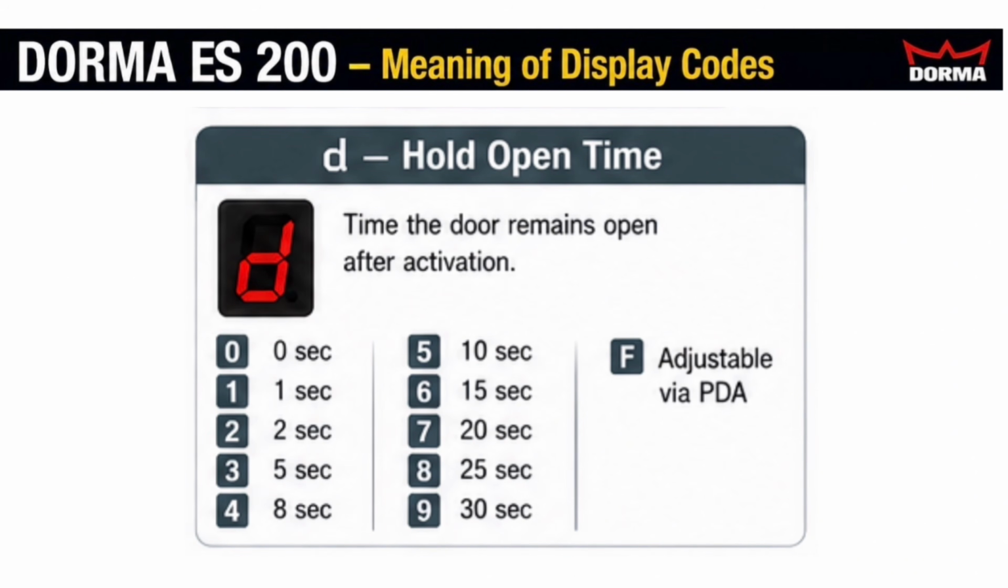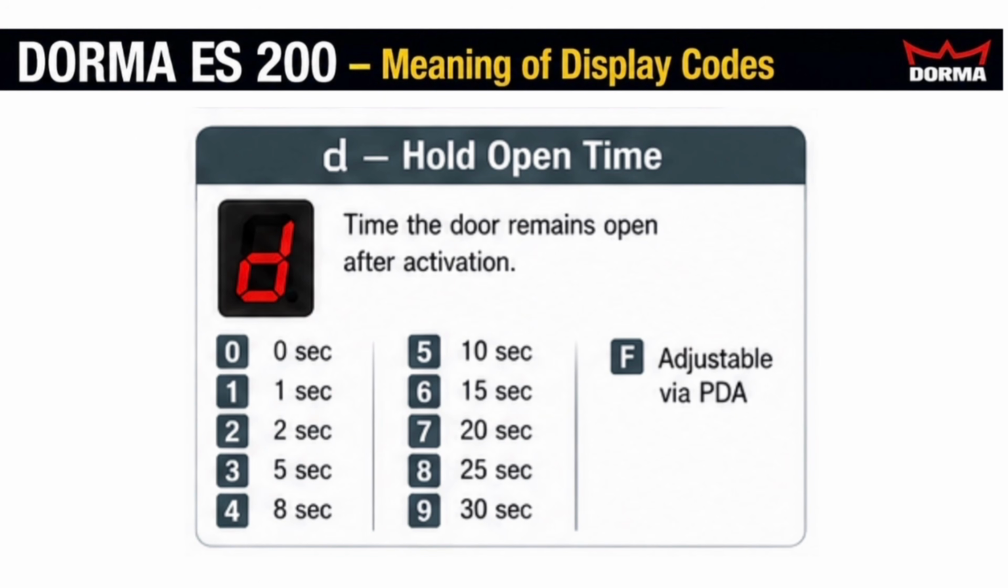Display code D. Hold open time. Now let's discuss D, which controls the normal hold open time. This determines how long the door remains open after someone passes through. Available values are 0 seconds, 1 second,